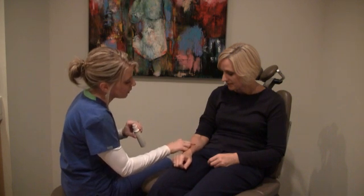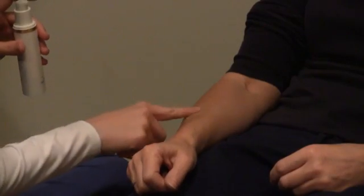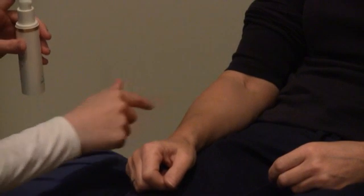Generally, starting out, we think of things like topical silicone sheeting, silicone gels, minimizing tension on the incision, pressure, and sun avoidance. If a scar appears not to be progressing as we want, that's when we would consider using a